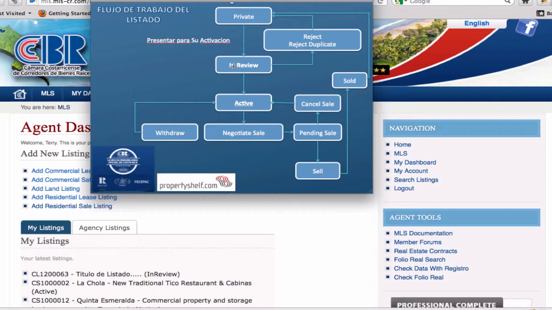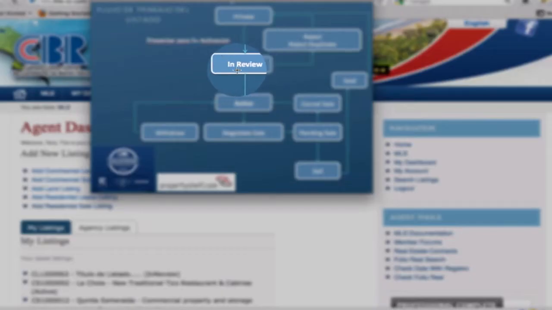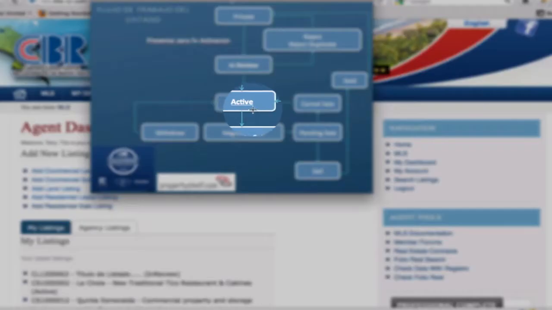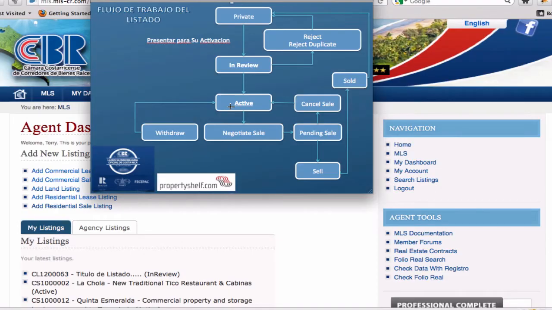into the review status. In that state, the listing agent cannot enter anything. Now, a CCBL administrator will then review the listing for its validity with the public registry and will add any kind of risk descriptions that are necessary. It either then gets activated, which puts it in active state, which then it will become publicly visible by everybody,